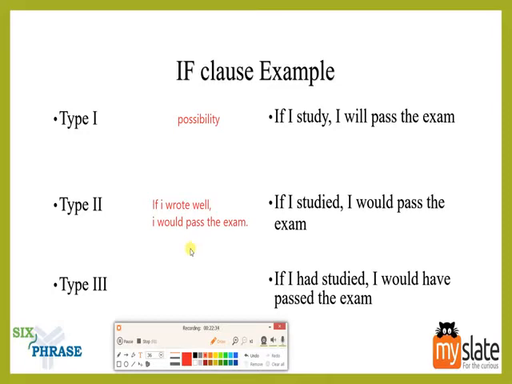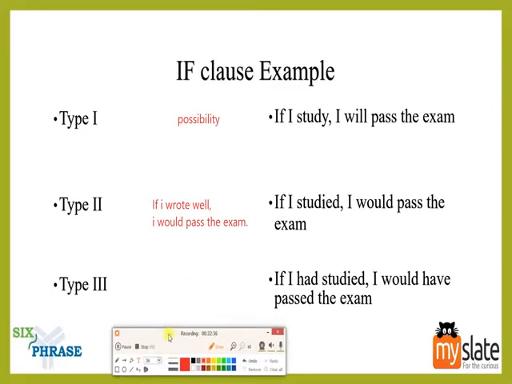Okay, now let's look at the third one. So you are actually in the future, or rather everything has been done, right? Your credit, or let's say what do you guys call it, CGPA, right? Your results came out, right? And you're lamenting that you did not pass. Someone failed, not you guys, like someone failed. There will usually be that one guy who will say, if I had studied, I would have passed the exam. And you'd be like, what were you doing without studying, right?